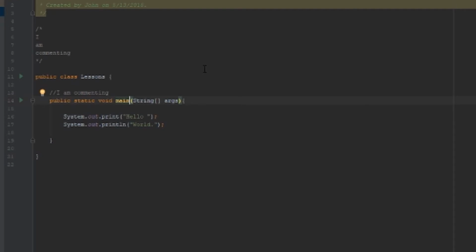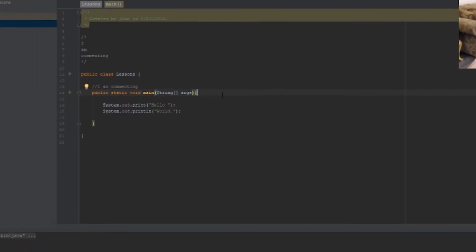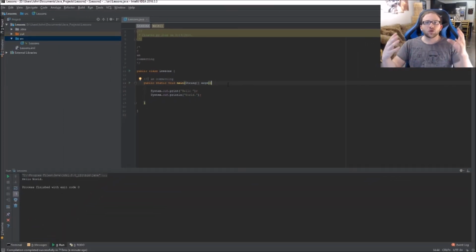Now let's not worry about what an array is, but we can just talk about that array is indicated by having these two square brackets right here. And all this is saying is taking in arguments, or basically just information and data when you start up your program. Now what I mean when I say base of operations is that your main function, when you run and execute the code,